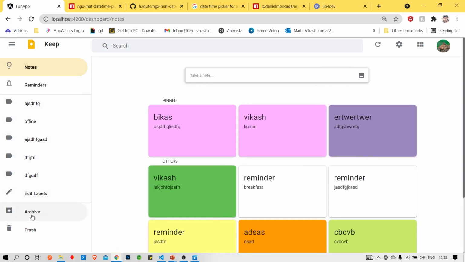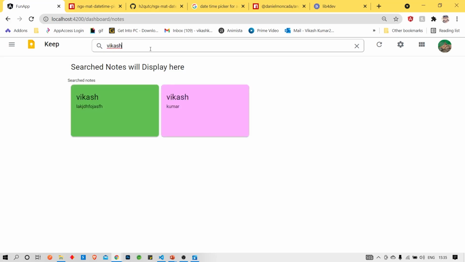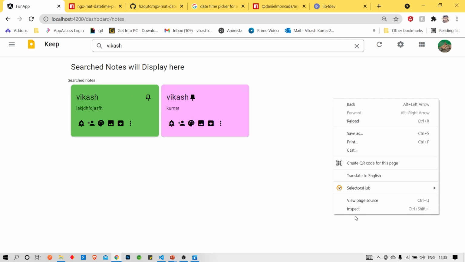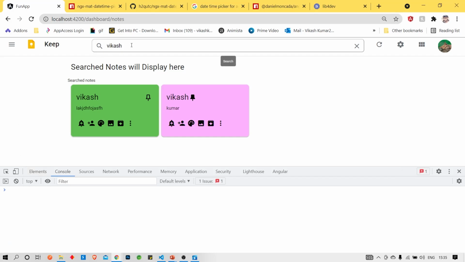Another thing I want to show you is the search functionality. Suppose you want to search with Vikas, then all the data with the title of Vikas will come. And I will show you one thing: suppose Vikas is already hit with the name of Vikas.